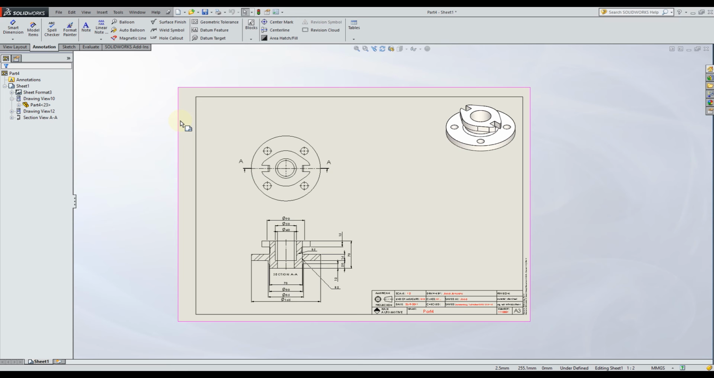In the next video, we'll show you how to add hatches, how to work with configurations, activate exploded views, and other more complex options like surface